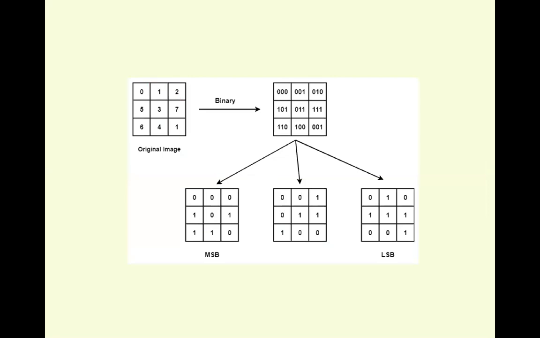So it is given as an idea. If it is a 3-bit coding, therefore we have 2 to the power 3, meaning 8 levels, 000 to 111. These are the 8 levels. Say this is a particular structure of original image values. There are 3 bits, so the levels are 0 to 7. These are the picture elements, intensity values: 0, 1, 2, 5, 3, 7, 6, 4, 1.